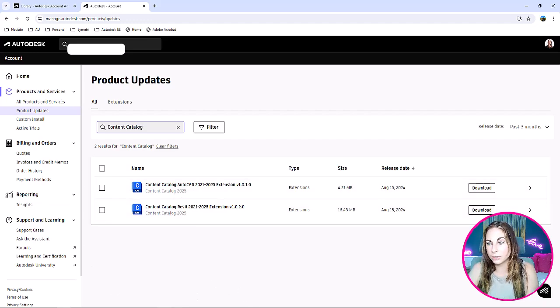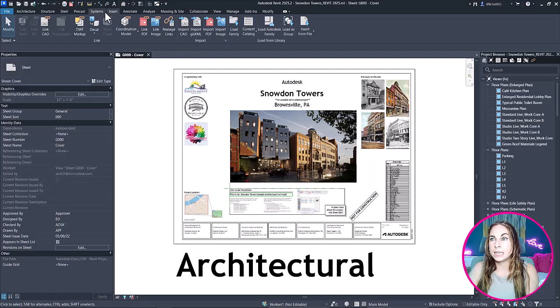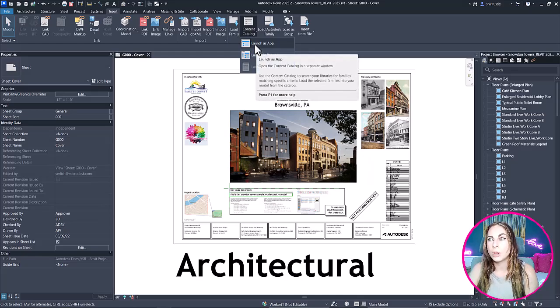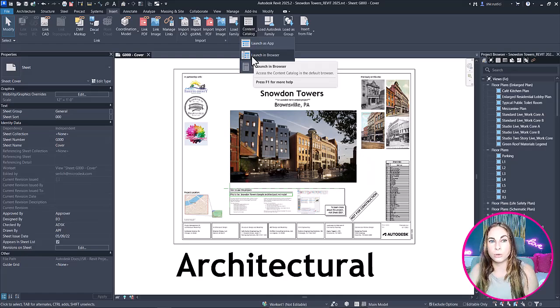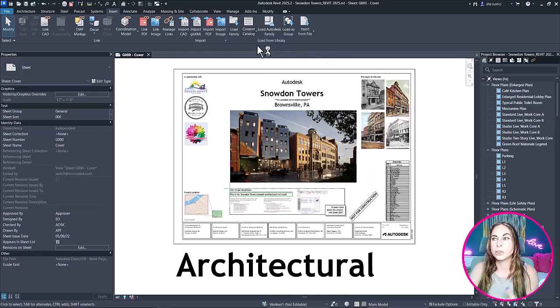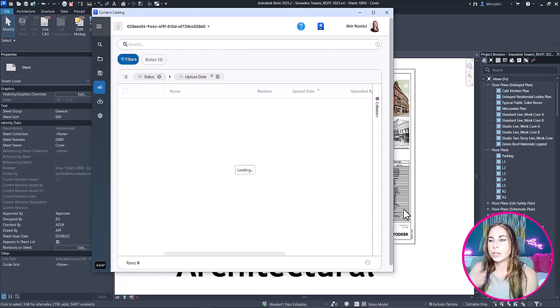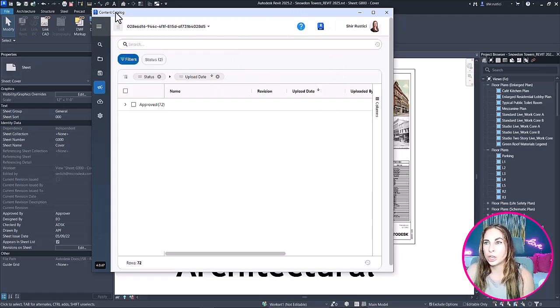Once it is installed, you can then go to Revit, and in the Insert tab, you will see an option for content catalog with either the option to launch as an app or launch in browser. So if you launch it as an app, it will open a web-based app. If you launch it as a browser, it'll just open it in the web browser that is your default. So I'm going to launch it as an app. It's going to open on my other screen, of course, but it's going to go ahead and open the content